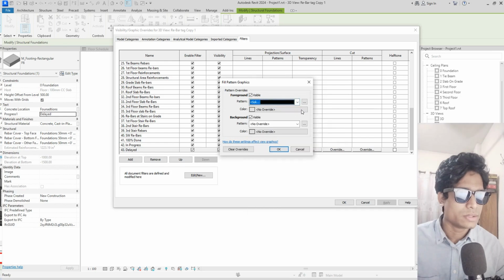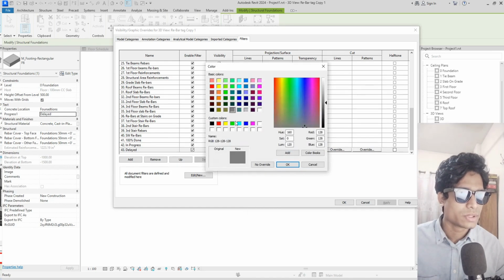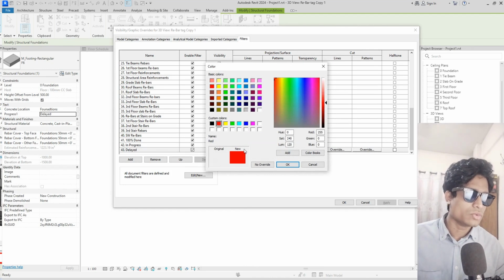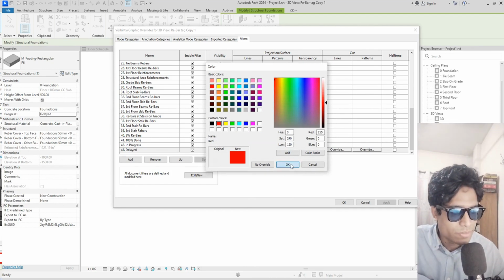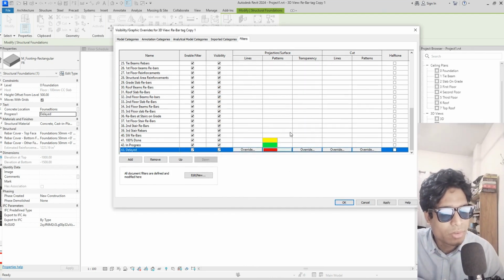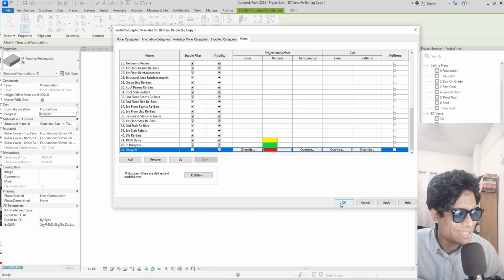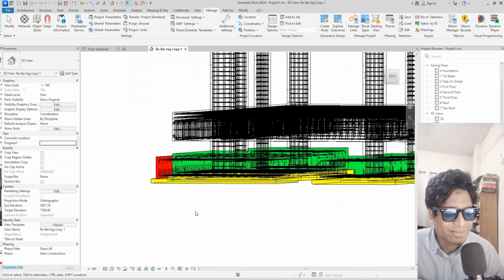And that delayed element, I want to denote them as red color. Red denotes danger, right? So let's see. Yeah,